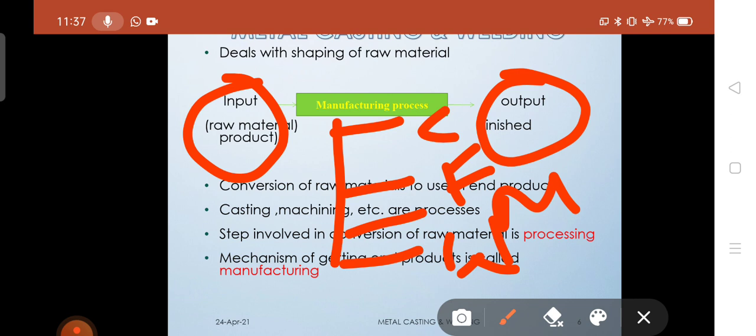In this subject, we are mainly focusing on casting and welding. Particularly in module 1, we are just focusing on the casting process: how casting converts a raw material into finished goods, which steps it follows to convert that raw material into finished goods, and which equipment and tools we use to do so.